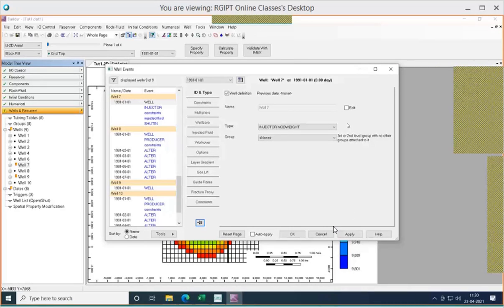If you consider the equation for mob weight wells, it will be well index into lambda total into delta P. That means QW will be equal to well index into lambda T total into delta P. Because of that delta P only, the injection fluid is going into the reservoir.